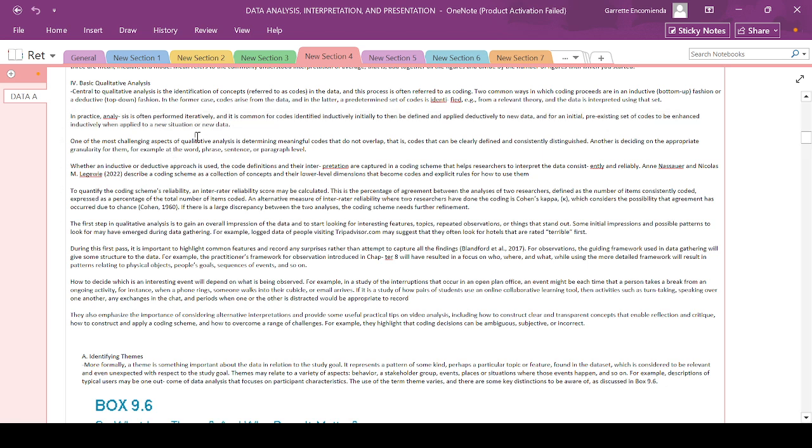One of the most challenging aspects of qualitative analysis is determining meaningful codes that do not overlap, that is, codes that can be clearly defined and consistently distinguished. So it's like discovery, so you get data, like a pattern that is consistent, that is not contradicting each other. Another is deciding on the appropriate granularity for them. For example, at the word, phrase, sentence, or paragraph level. So remember the conversation analysis, where really